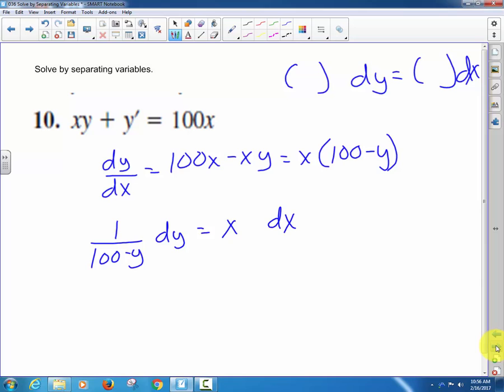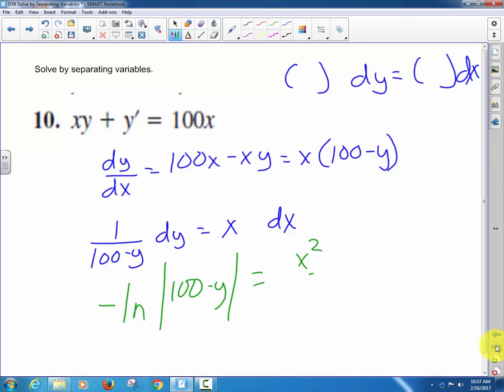I'm okay once you get to this point with you looking at this on the left side and saying, I know that's going to have an ln in the answer. Okay. Now, if you need to do the u equals 100 minus y and du is negative dy and all that to get to the answer, that's fine. Get to the answer. But your goal needs to be to learn to do these as quickly as you can so you don't have to waste a lot of time. So I'm going to look at this and know that needs to be negative ln absolute value of 100 minus y